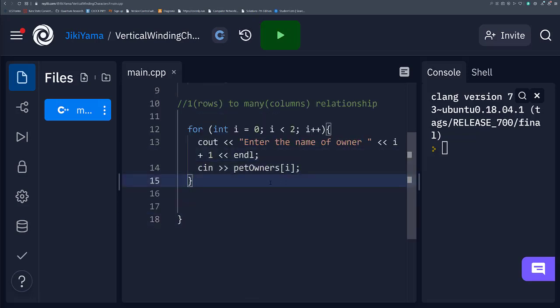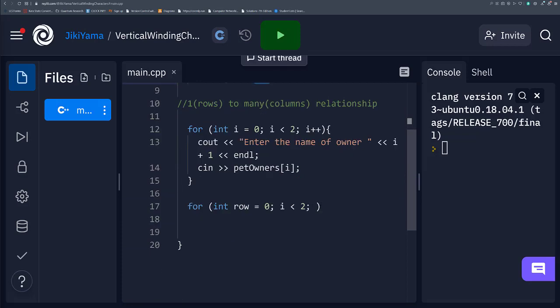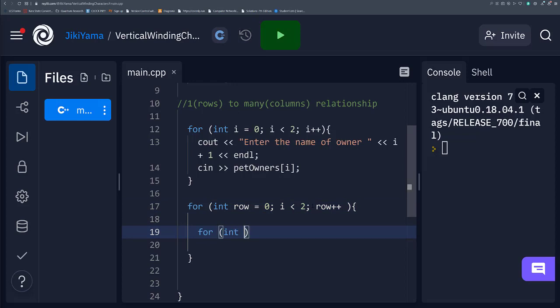Now that that's out of the way, I'm going to populate the 2-dimensional array. And I want you to pay close attention to what I do here. The outer loop is going to be the rows. How many rows do I have again? I have 2. The first bound is the rows, row plus plus. And the inner loop is going to be the columns. So as long as, I think I made a mistake here, as long as the col is less than the size of the columns. Now I have 3 pets, so